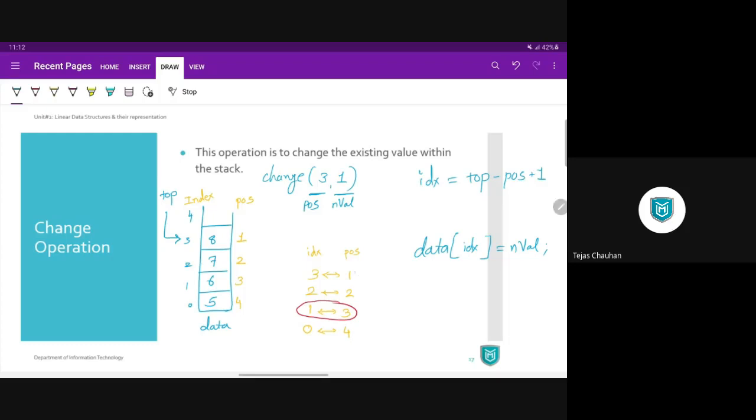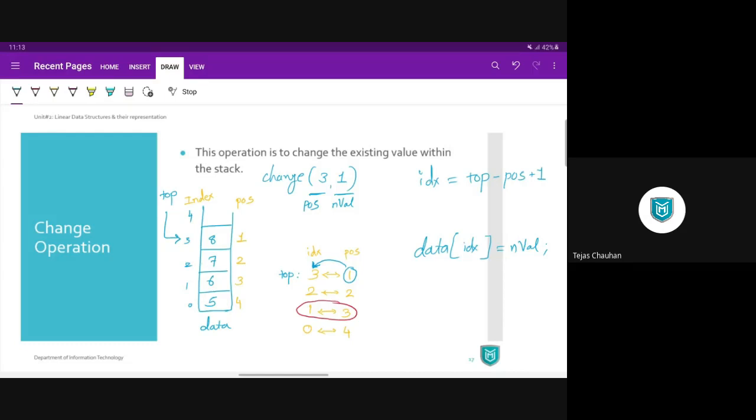Look, we start calculating position as 1, 2, 3, 4 from the topmost element. Actually 3 is the topmost position, which indicates where your topmost value is. If you have 4 values, then top is pointing to 3.